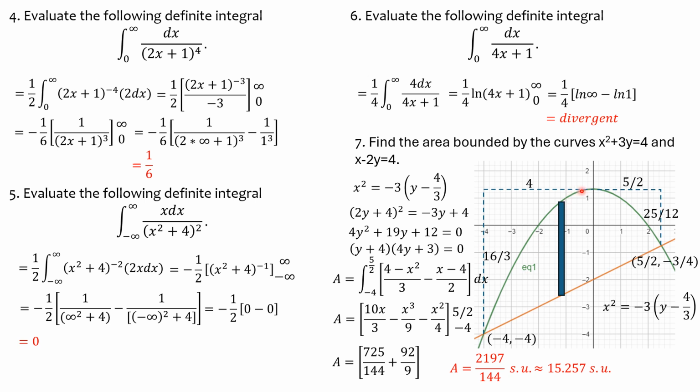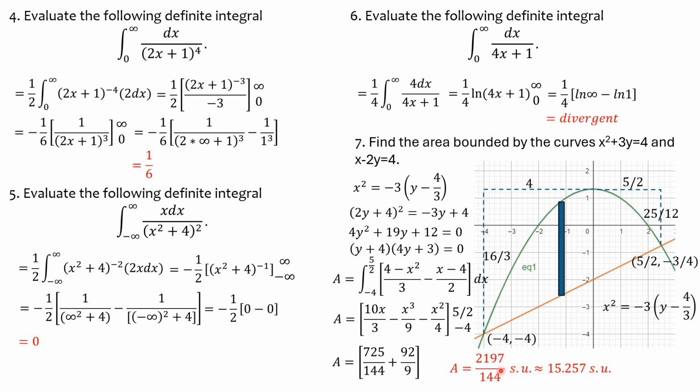So another way of computing this region area is the area of the trapezoid. Can you see the trapezoid? Then minus the area of the spandrel of the parabola, then minus the area of that spandrel. You can check, the area is still 2197 over 144. Specifically, the area is 1/2 times (16/3 plus 25 over 12) times (4 plus 5/2), or times 6.5. Then minus the area of the spandrel, which is 1/3 times 4 times 16/3. Minus the area of the spandrel, which is 1/3 times 5/2 times 25 over 12.